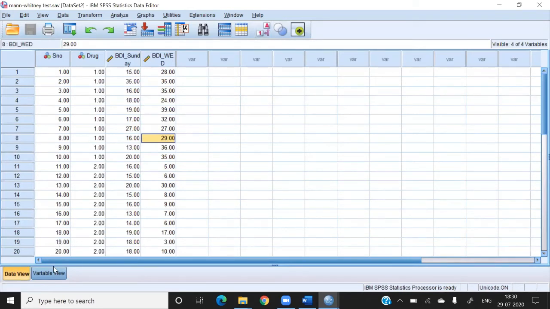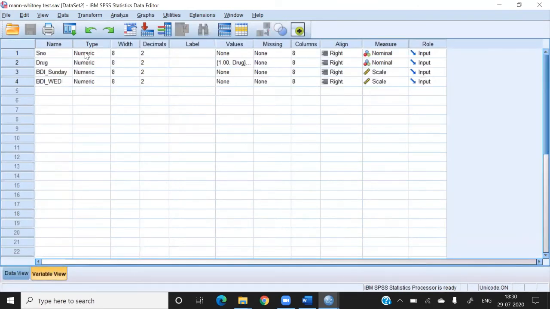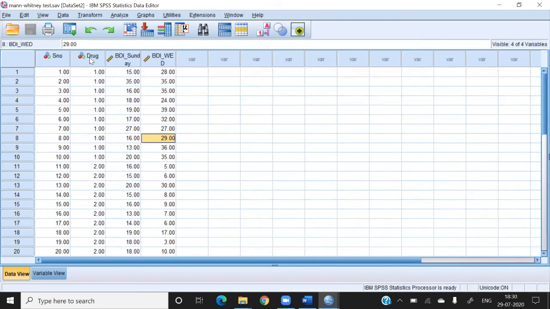I take this example from the Andy Field book, and he said that there are two groups of patients. This is group number 1, and this is group number 2.